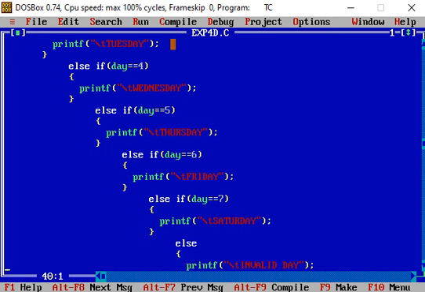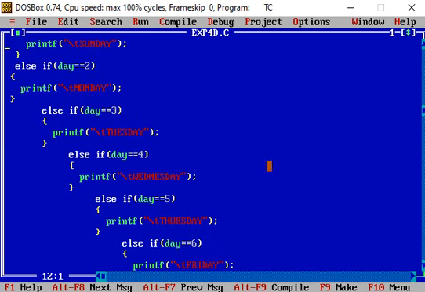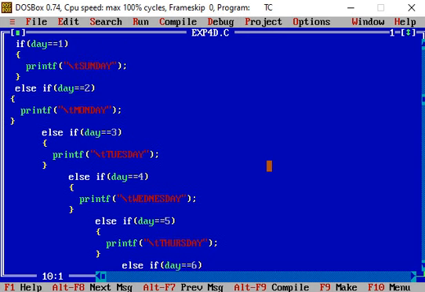So how was this Wednesday displayed when we enter the 4? In the coding window we can understand this. Initially when the condition was tested, if day equal to 1, naturally the condition was false. Then in the else part the condition was tested, day equal to 2, that is again false.